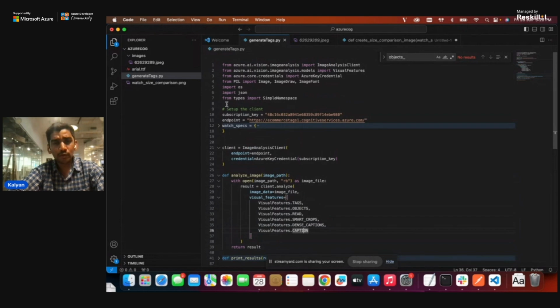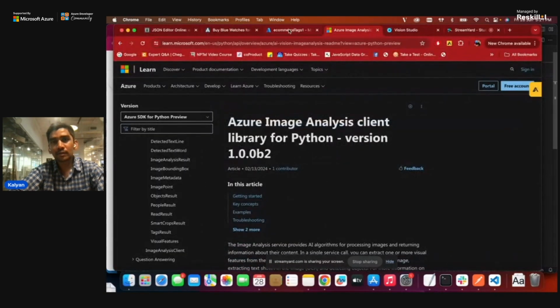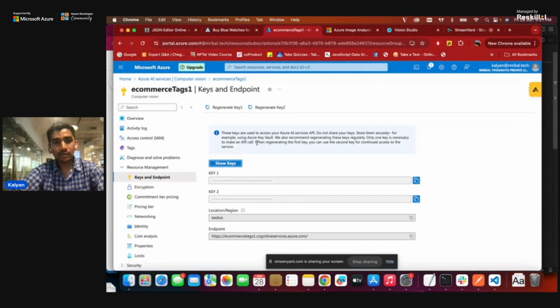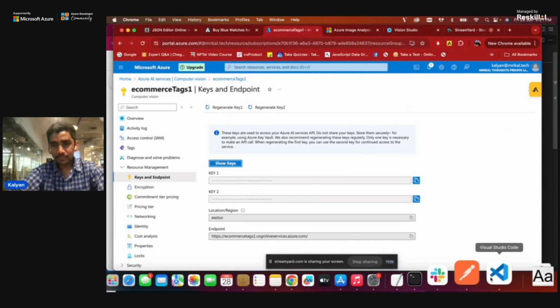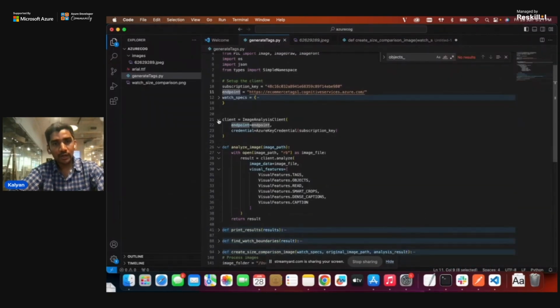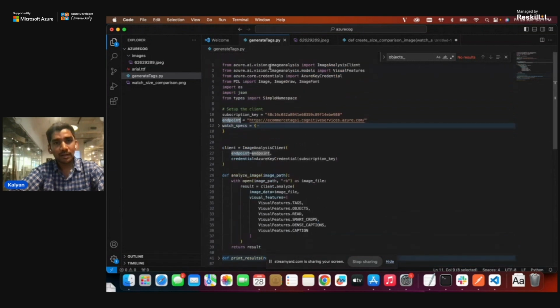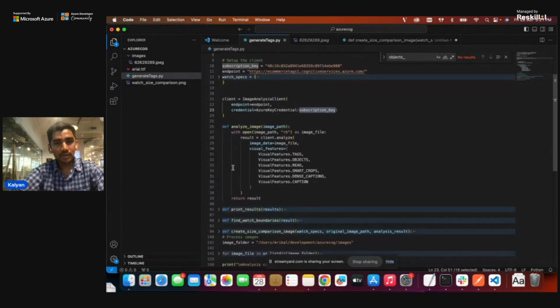I'll help you go through the code. As I said, for us to connect, we need to have a key and we need to have the endpoint. We got this endpoint and key from the resource that we have created. Once we have both these things, we need to first connect to image analysis. Inside the library we have the image analysis client, which just needs the endpoint and the subscription key. Once we establish the connection,